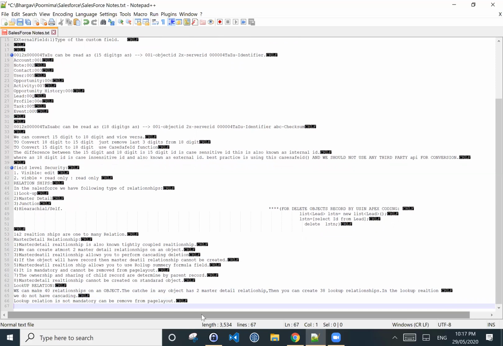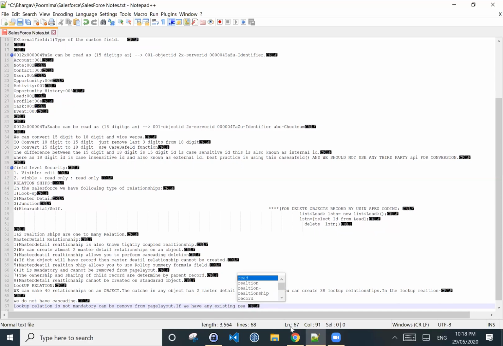If we have existing records in an object, then also we can create a lookup relationship.